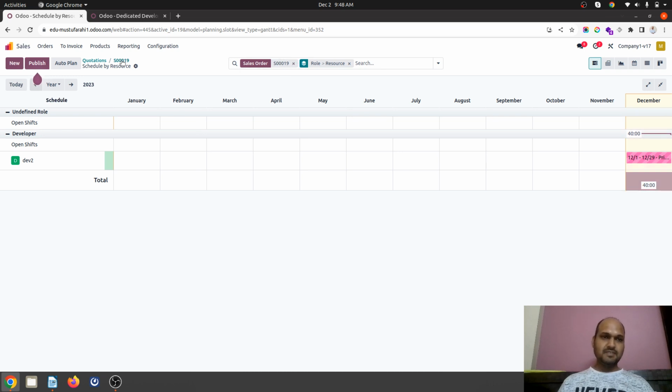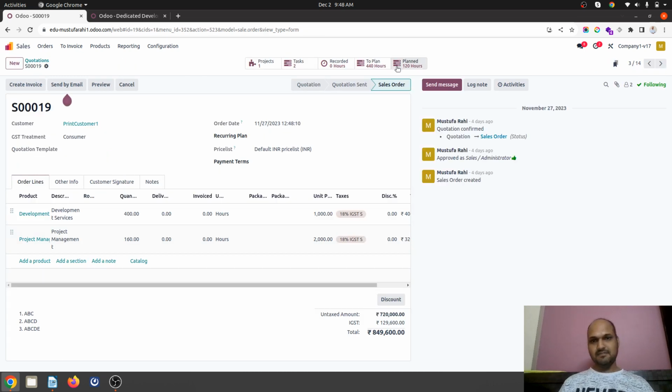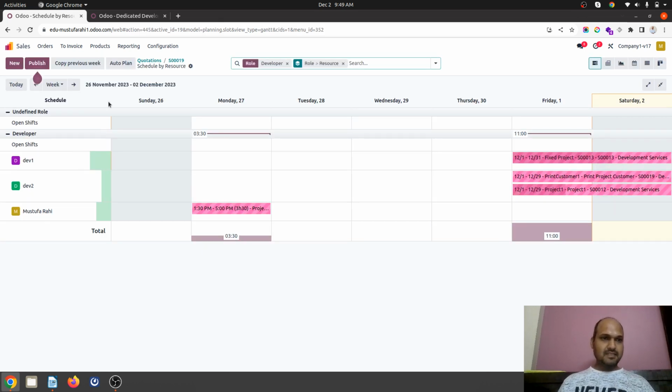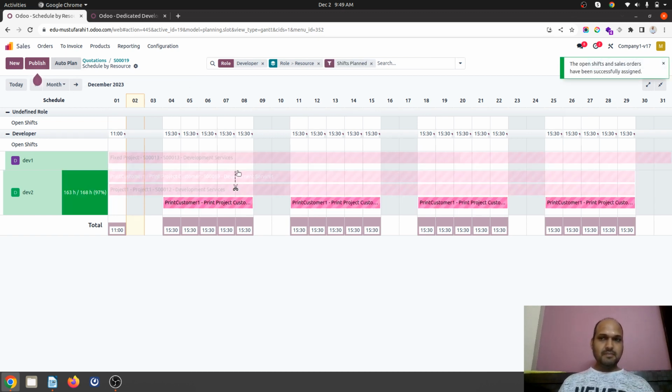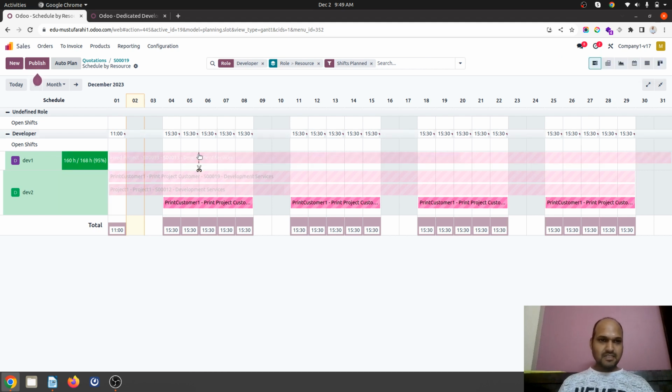So it means 120 hours, so you can directly connect it 120. Now I would like to use the auto planning service, so if I click here to plan, whatever from today the developer is available, this developer 1 and developer 2, which are almost fully booked. And now if I see auto plan, it will make some auto plan according to availability of developer, and then